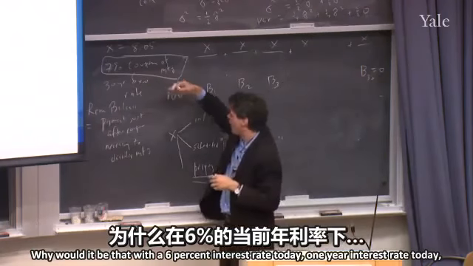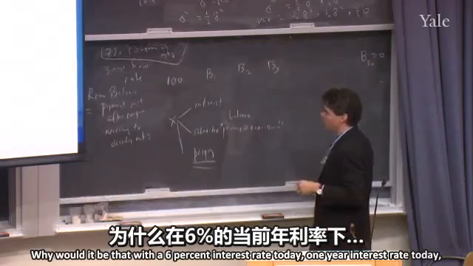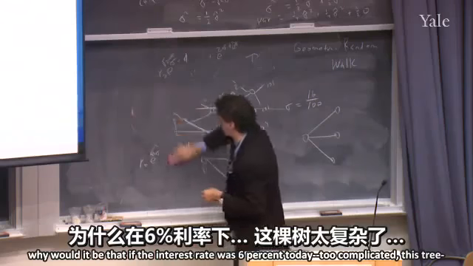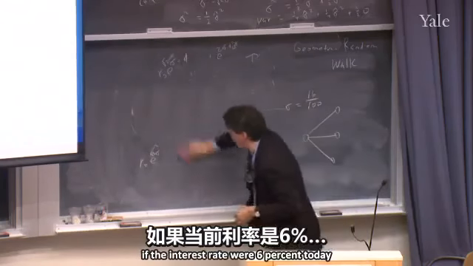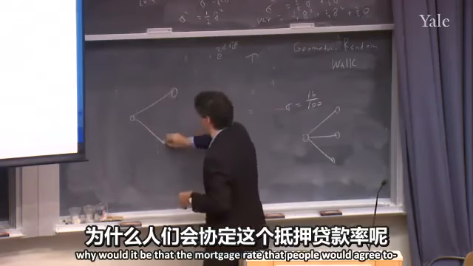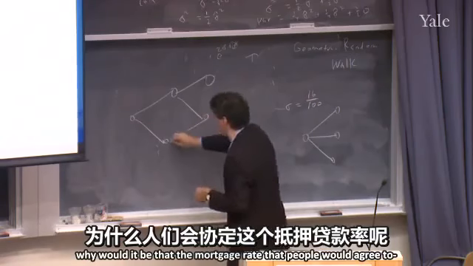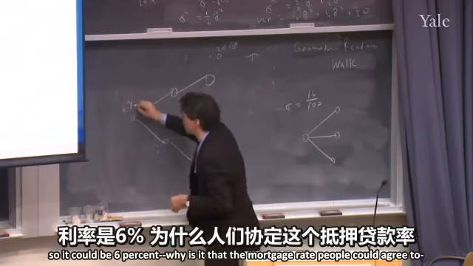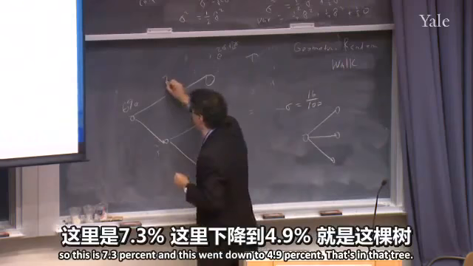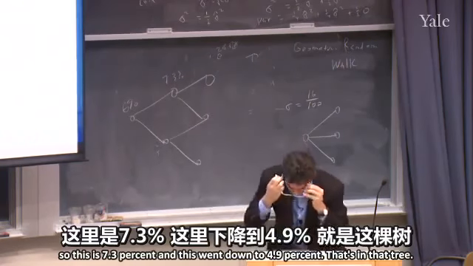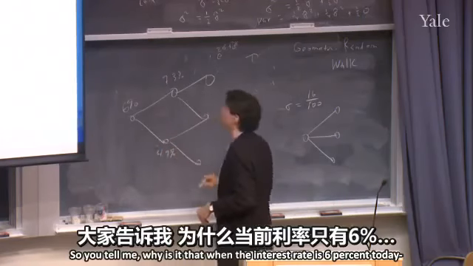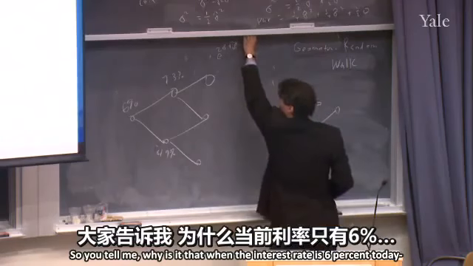Why would it be that with a 6% one-year interest rate today, the mortgage rate that people would agree to could be different? This is 7.3%, and this went down to 4.9%, in that tree. So you tell me, why is it that when the interest rate is 6% today,